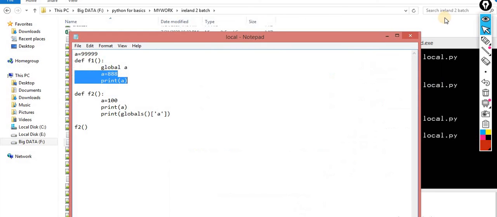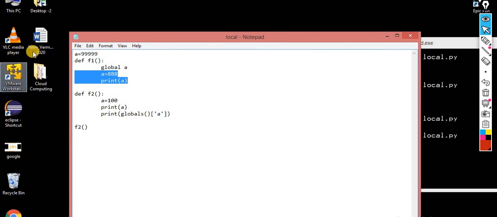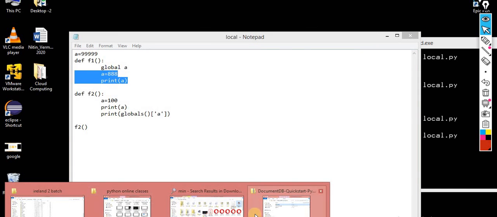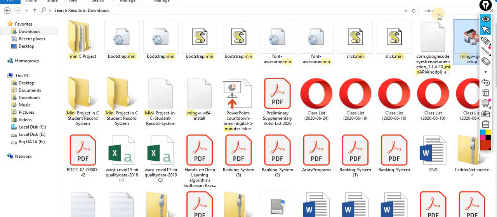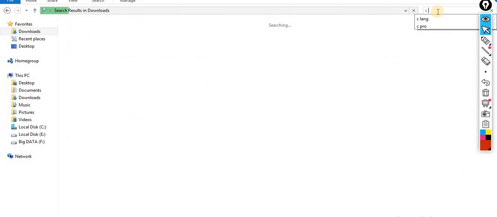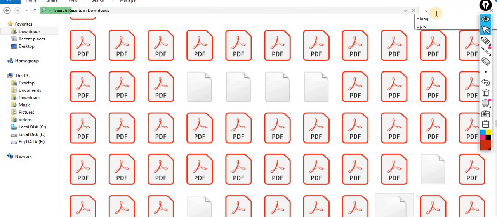If I show you a use case, the step by step implementation, just wait for a second. Let me show you, then the picture would be more clear.